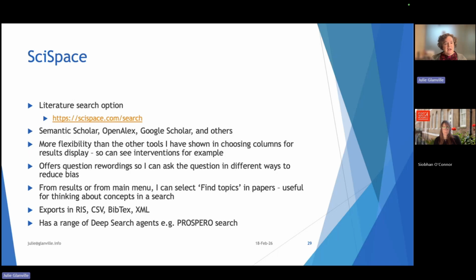I also mentioned that I like SciSpace. Now, SciSpace is searching Semantic Scholar, OpenAlex, Google Scholar, and other resources. So that makes it, as a tool, it's searching a wider range of resources than many others. And it also gives you flexibility in its display options. So if, for example, you wanted to look at particular aspects of records, such as the outcomes or the results field, you can specify that in the